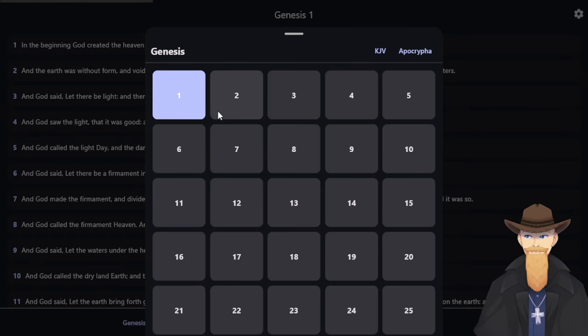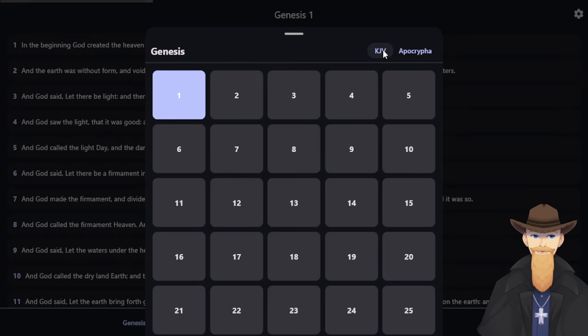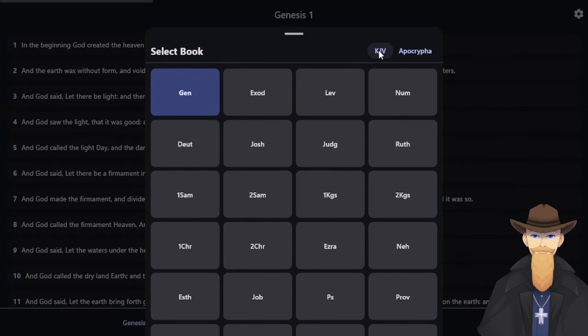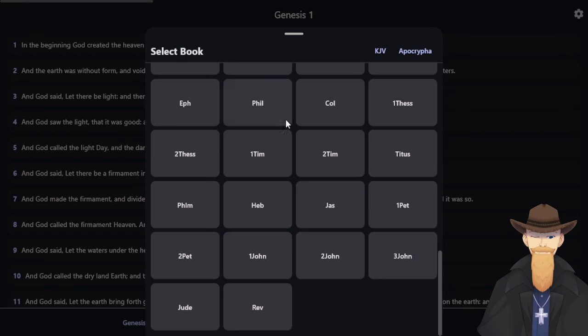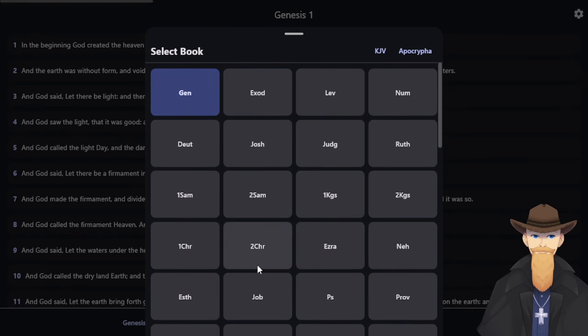If you want to go to another book, you can click here, and that lists the standard books from Genesis going all the way down to Revelation. But then there's another one here,